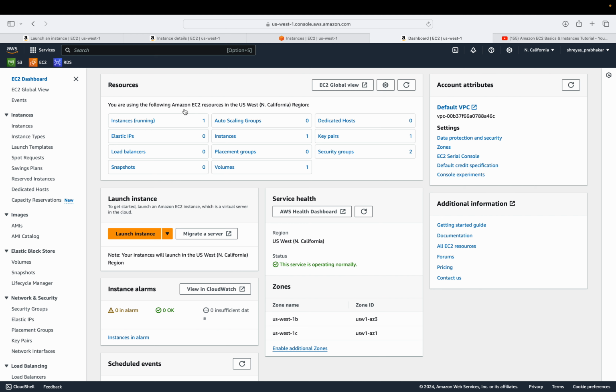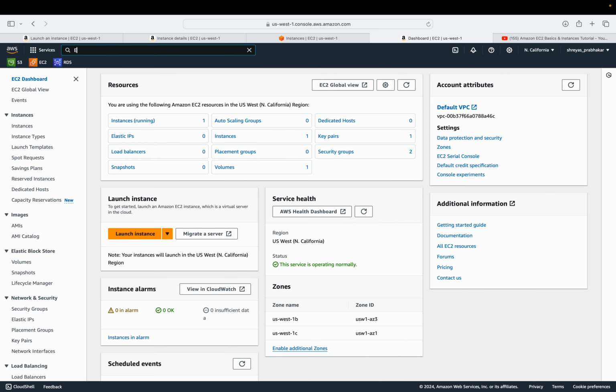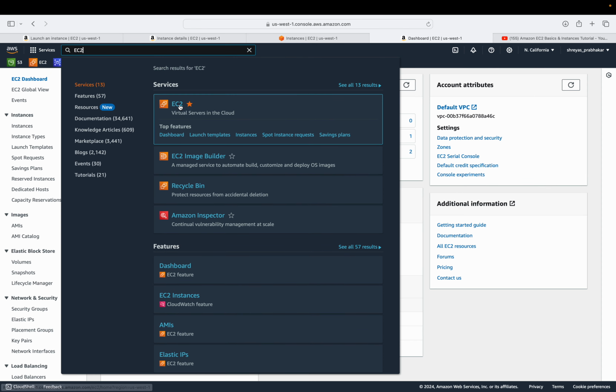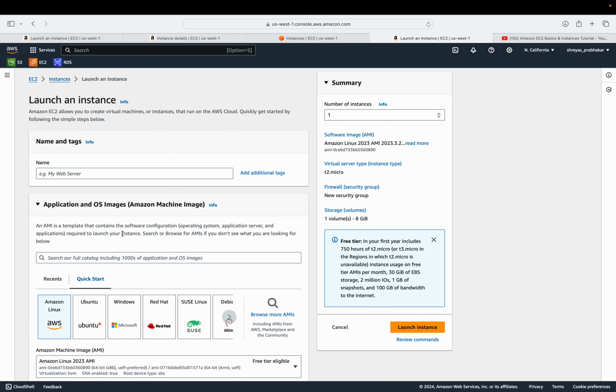At first, this is the AWS console. Here we can go to the search and search for EC2. You can find EC2 over here, but it's fine. If you want, we can search for EC2 over here, and we can open the EC2 instance. And after opening the EC2 instance, we need to create an EC2 instance. For that, we should click on launch instance, and then